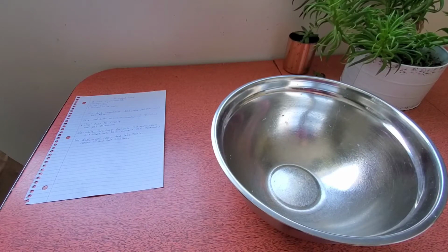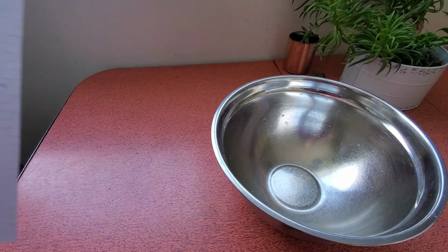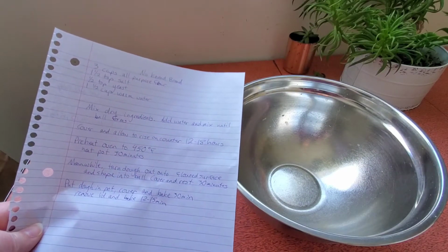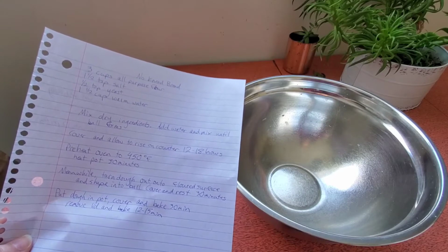Hello, today we are going to be making bread, and not just any bread, but the easiest recipe ever. I don't know if you can see that. I'll put the recipe down below, but there's only 4 ingredients, and if we do it right, it will turn